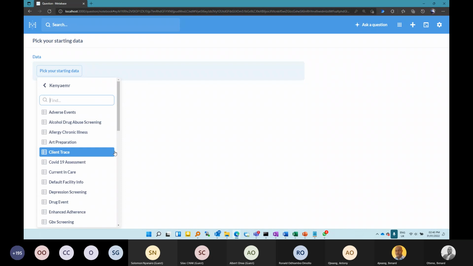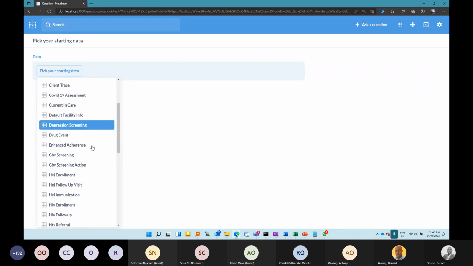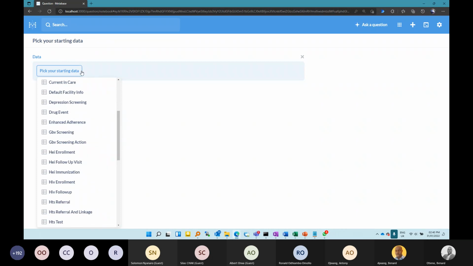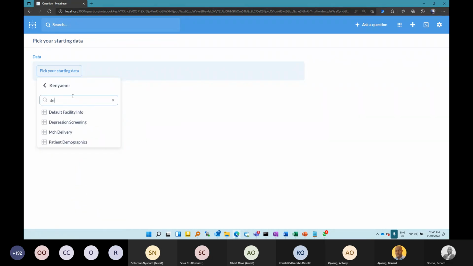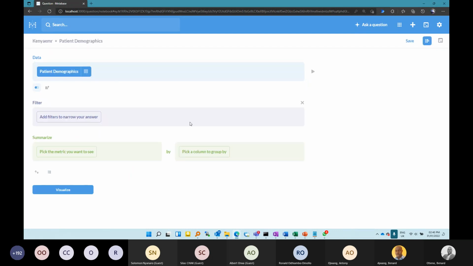Then I can take the parent table. So in my case, I can pick the table as, let's say, patient demographics. Now, I want to join patient demographics to another table that maybe has, for instance, if I want to ask